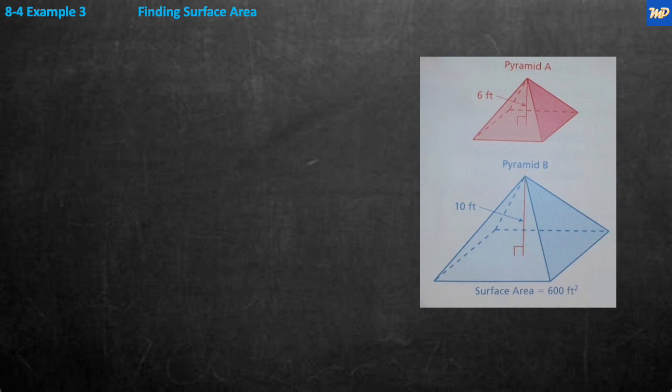So what did they tell us? They told us that if you take the surface area, and we want to find the surface area, right? So we're going to have the surface area over here. I'm just going to say area of A, divided by the area of B. That's the ratio of that, is equal to,